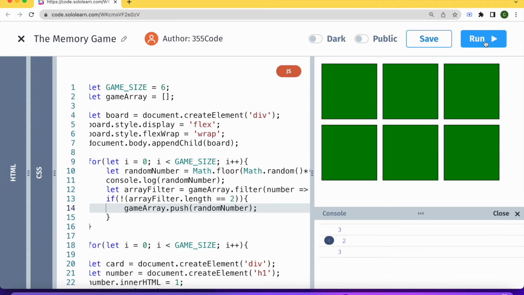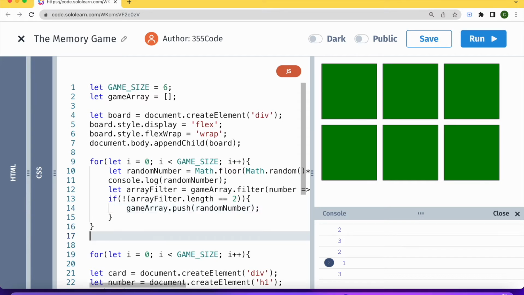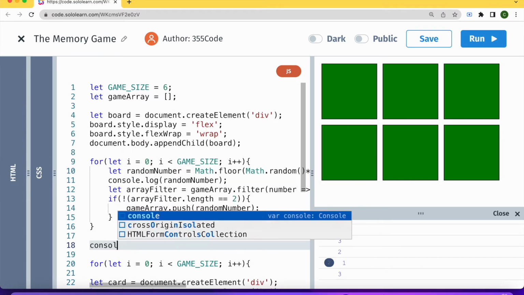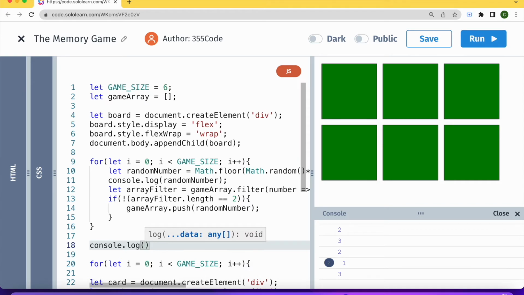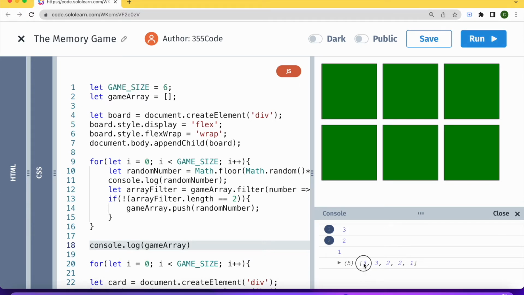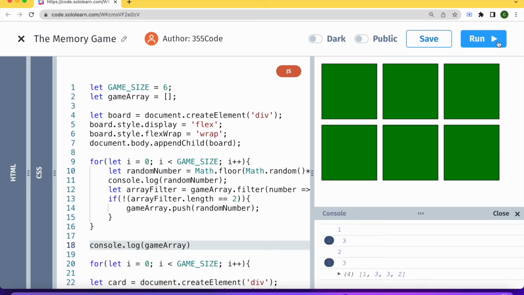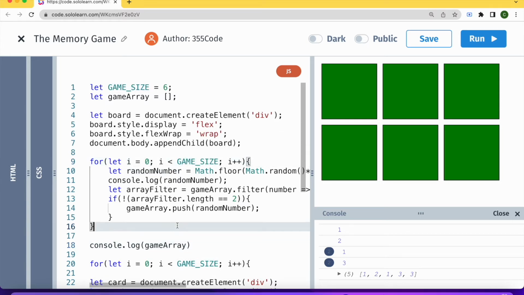So let's run our code again. And here let's console.log our array, just to see what's going on there and make sure that everything's working. So let's run that, and we see that our array only has 5. Sometimes it has 6, sometimes 5, sometimes 4, and this is basically because we're only running this 6 times, game size times, and this should actually not be dependent on i, but it should be